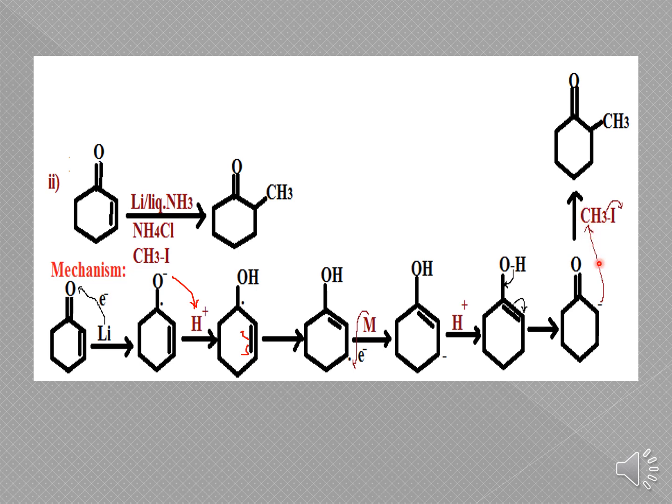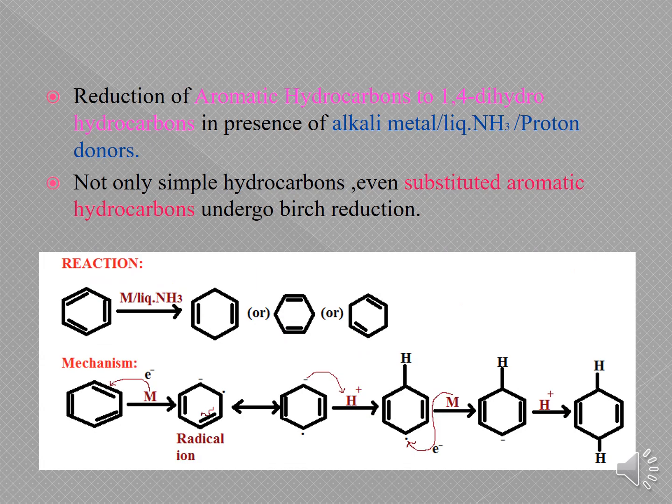Okay, alkyl halide, if you treat it, the minus charge will go and attack the positive charge, that is, your R will be nothing but the methyl group over here, which will go and attack by cleaving out the iodine, which is acting as a leaving group. Okay, once it goes and attacks, it will result in the methyl ketone. Okay, that is your product. From the Birch reduction, this is your starting material, and this is your product.